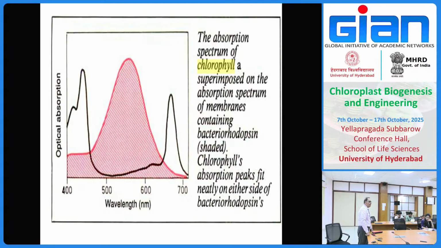Okay. And therefore the evolution of selection of the pigment that ultimately resulted in synthesis of chlorophylls in the plants. Okay. And they did a lot of permutations and combinations in the process of evolution, and finally came up with a pigment called bacterial chlorophyll. Okay. And this bacterial chlorophyll did a fantastic job for them to absorb light and convert